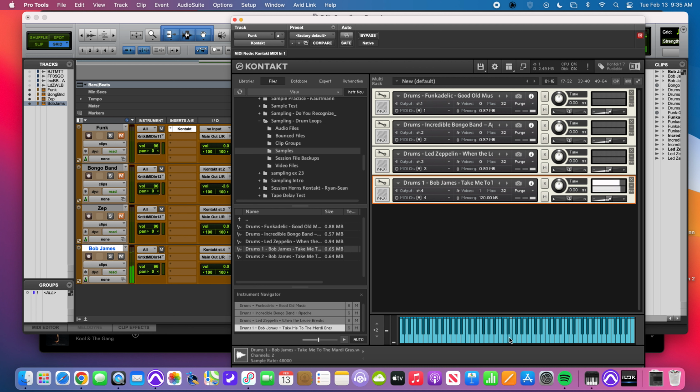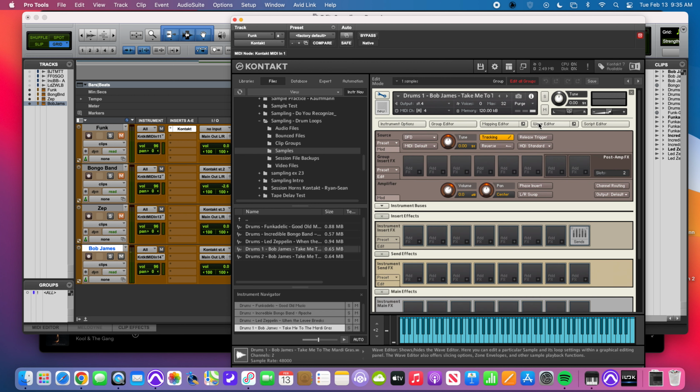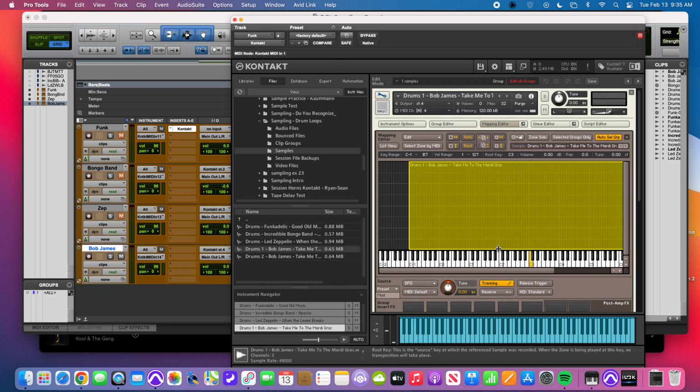If I click over here. Okay, remember that nothing's synced yet. I'm going to come to the mapping editor, and remember that C3 is where it plays back the sample at pitch and tempo. If I narrow this down, actually I didn't narrow it down, I just moved it. And that's important because moving it is just moving where the center of it is. So that's important to realize that yellow one is just the root note,